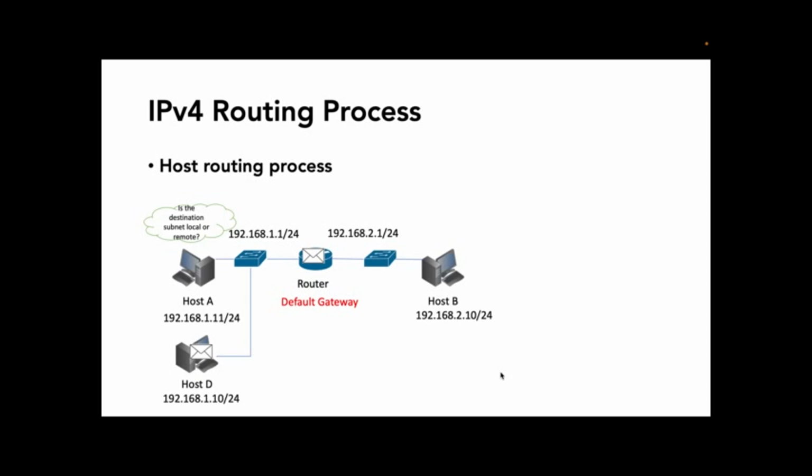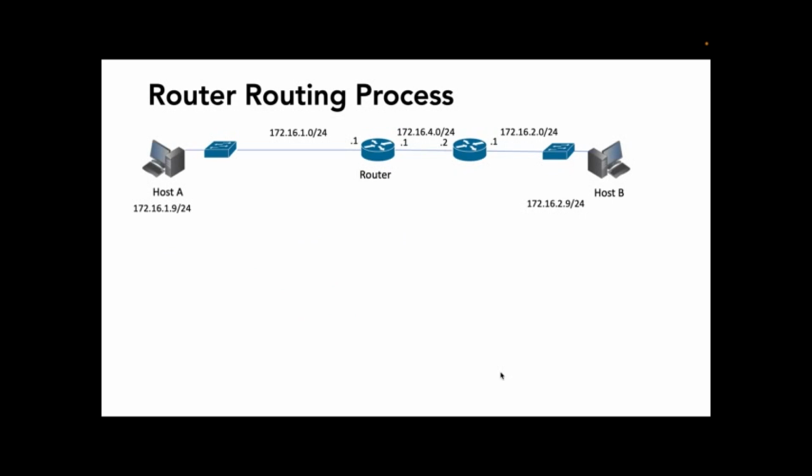and this router will forward it to the destination, that is host B. If you look the routing process from the router perspective, it has more routing work to do as compared with the host. So when a packet arrives, the router follows 5 steps. Okay, the step 1 is to decide whether to process the incoming frame, and it does this based on